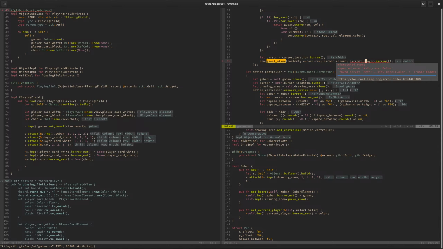Okay. The function expects a color, and I am giving it a reference. I might be able to just dereference that. Cannot move out. Okay, so